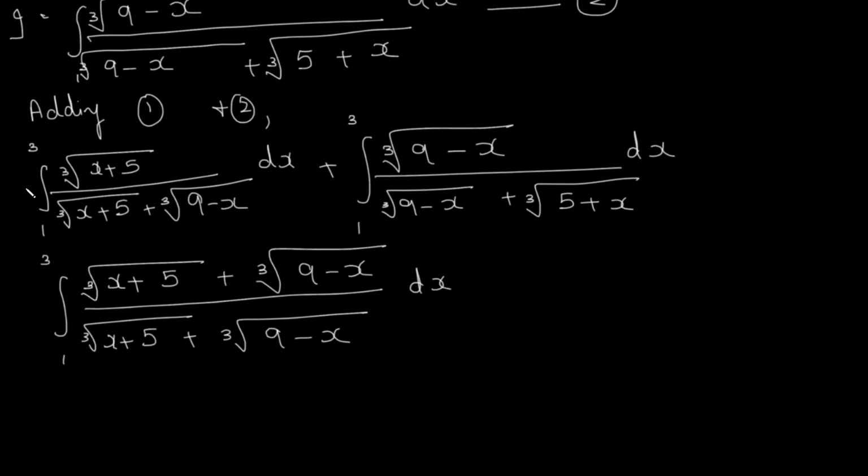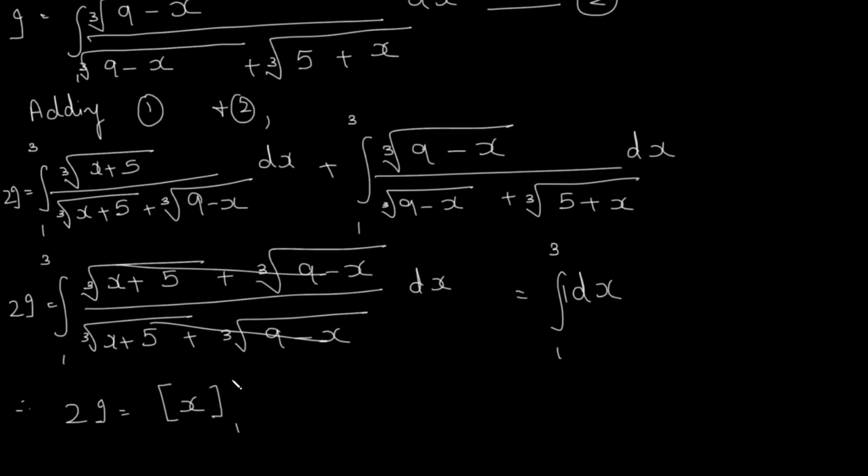Now in the meanwhile, what had happened to the LHS? LHS was I plus I. So it is actually 2i. If you can see over here, it is 2i. In this case also it is 2i. So 2i is equal to this whole thing. Now as you can see, the numerator and the denominator contain the same terms. So we cancel them out. And so this becomes the integral 1 to 3 dx. Therefore upon solving it, we get 2i is equal to, we know that the integral of 1 dx is x, and therefore we get x as the answer from 1 to 3.